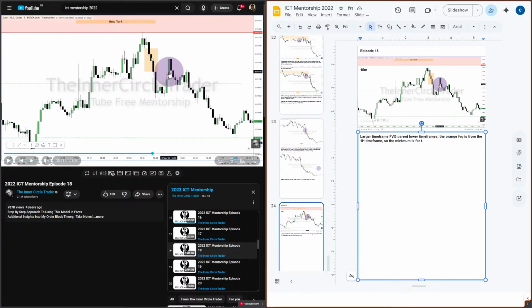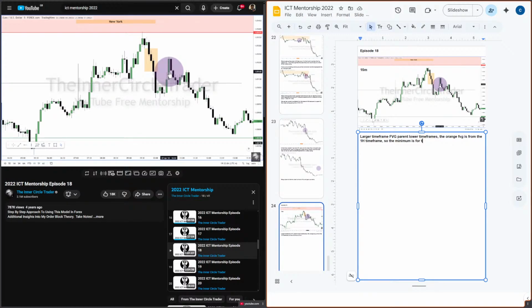We can have nested fair value gaps, or we can use a fair value gap that's within the range of one that we would use in 15 minute. But you see how this isn't in the 15 minute? Like I used to on a small time frame extend my fair value gaps. I'll put this up here and put this all the way down here. But that's not what price is doing. They are separate. Fair value gaps are different on different time frames, and we shouldn't overlap them.